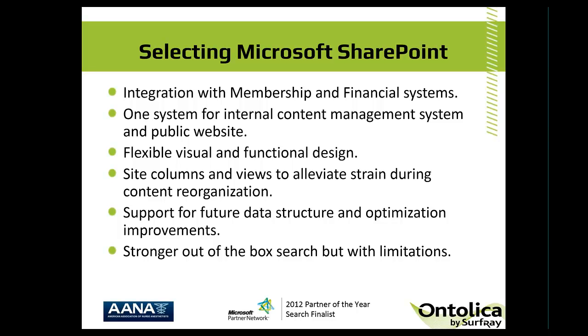But with SharePoint, I'm sorry, go ahead. With SharePoint, I can pretty much Google anything and I'll find whatever information I'm looking for. There's books about it, and it's a very, very widely used and supported product. So,